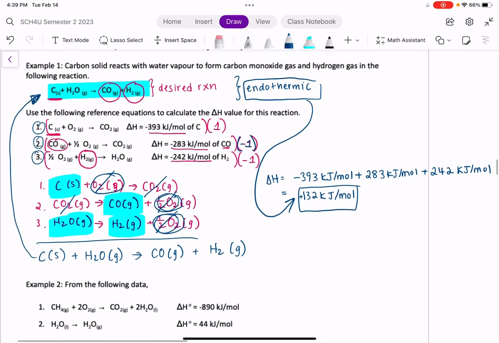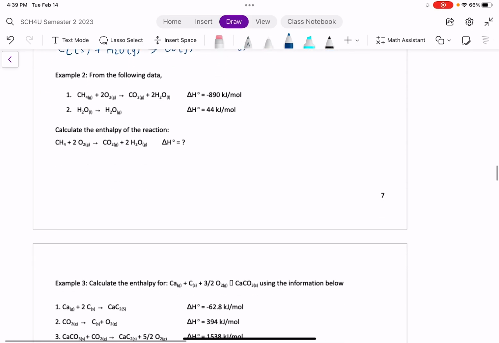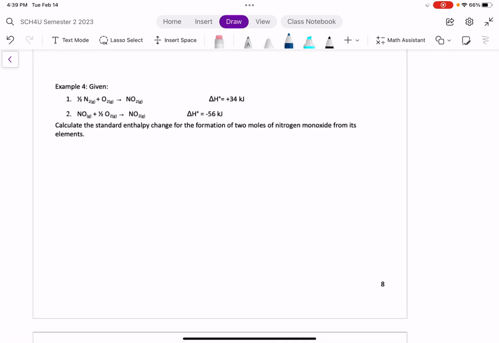Okay, so I want you to try the following examples on your own and have them prepared for class tomorrow, and we will take it up